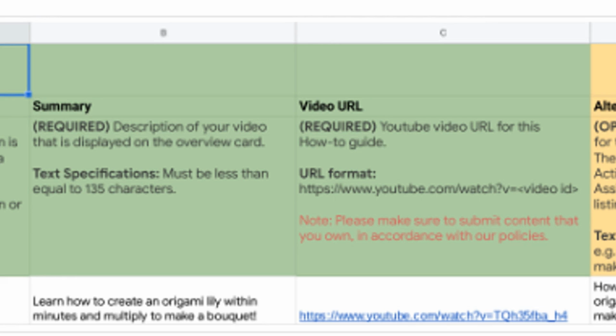For content creators this means that they now have the ability to create Google Actions, regardless of whether or not